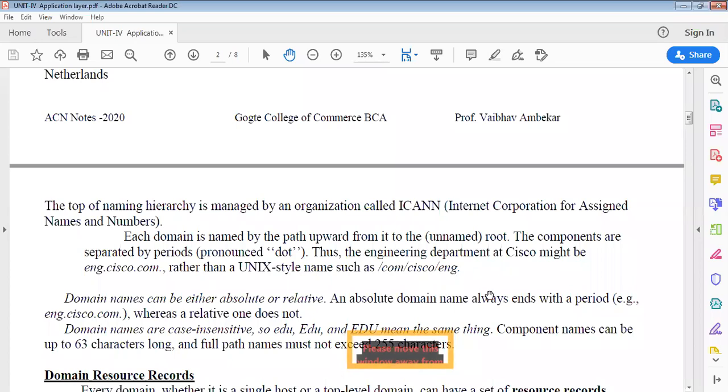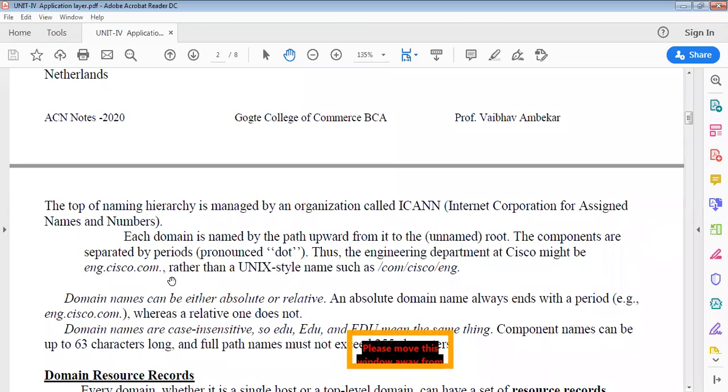For example, we have seen in Unix, if you go to the terminal, you will have a root, user, bin, and so on. So from the root to the tree, the leaf, that is the path we will have. In the same case, in domain names also, it starts with the root and then continues. The root will be dot, and then something like engineering.cisco.com. After the root, we have Cisco, which is a subdomain, and then whether it belongs to com, the commercial one. While typing, we type it like